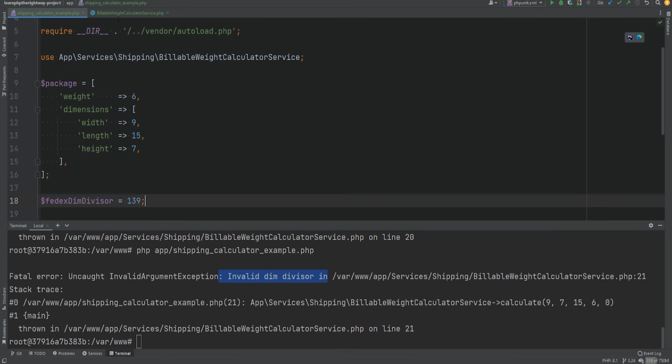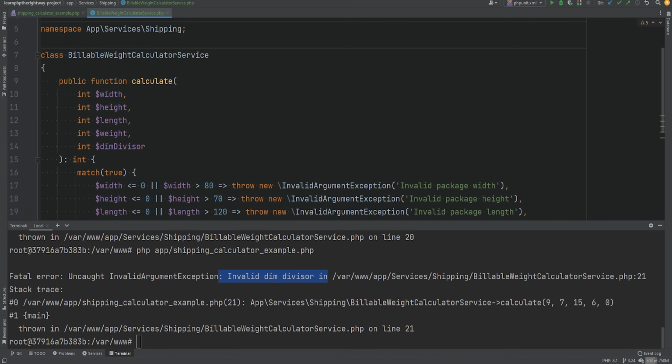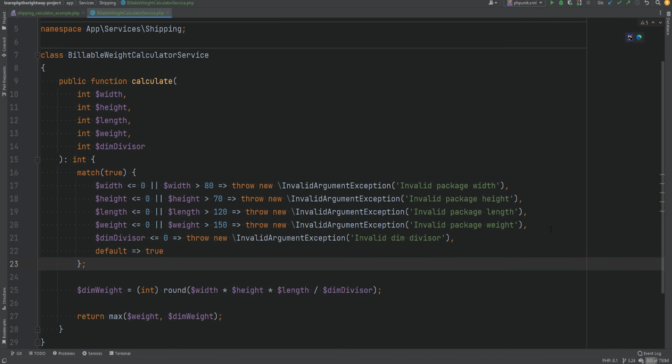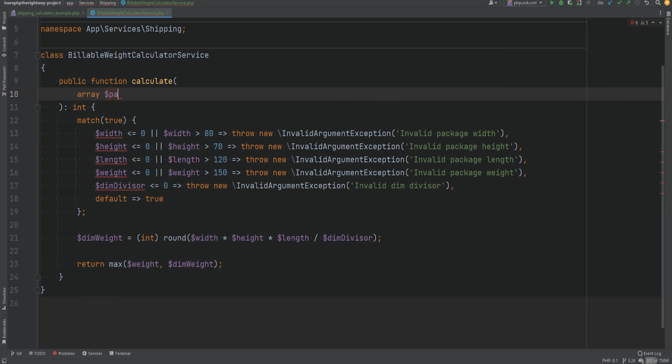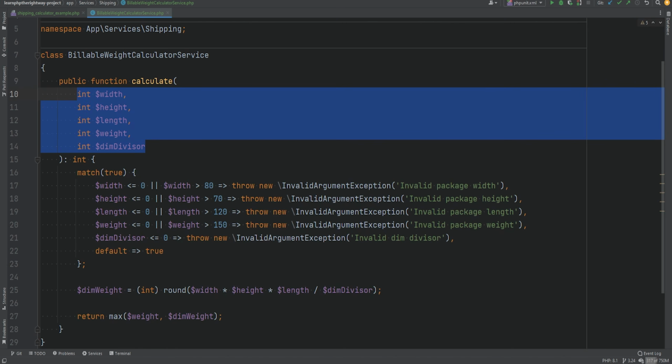Now, what about the units? I mentioned that we assume units for dimensions were in inches and the weights were in pounds. But what if we wanted to use metric units instead of the imperial ones, like grams, kilograms, and meters? One way to solve that would be to accept units as other arguments in this method, or we could simply accept an array that would contain the dimensions, the weight, their units, and so on, which could work and would be fine in some cases, but it would fall apart as things get a bit more complex and as